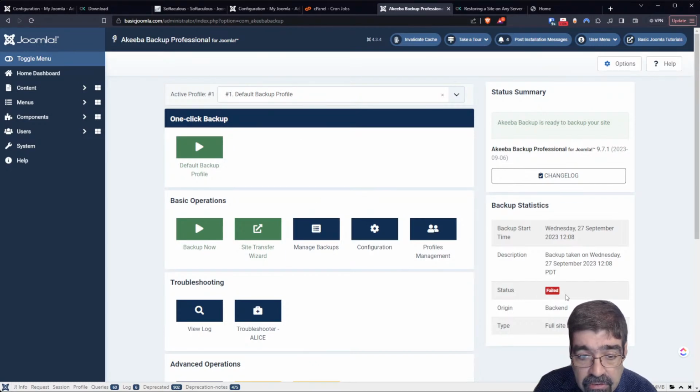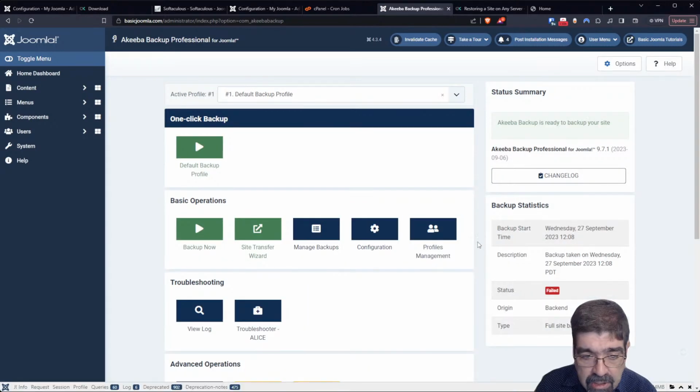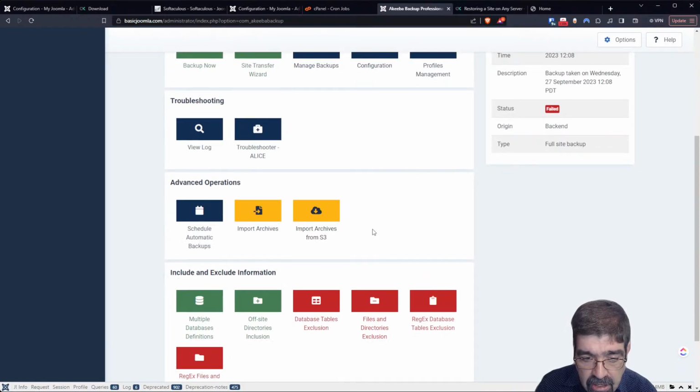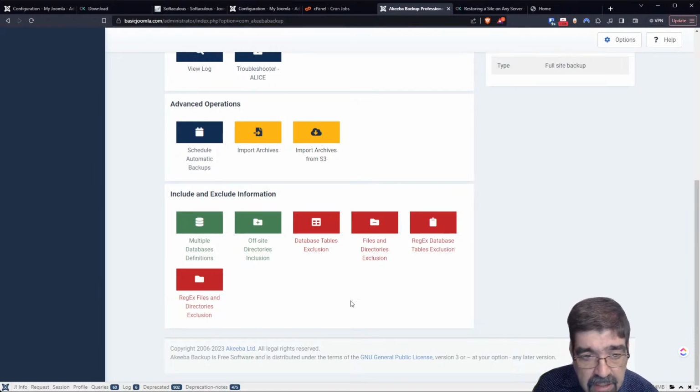Look at this. Our last backup here failed. That means we can go to Alice Troubleshooter, and there's our failed one. But we won't bother looking at that. But that worked nicely. Stopping it did cause it to fail. All right, so then